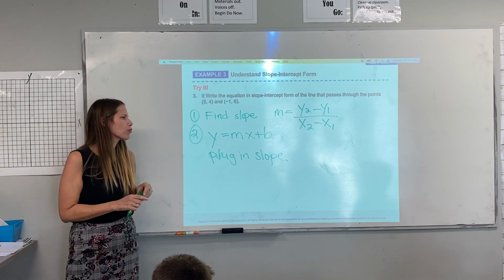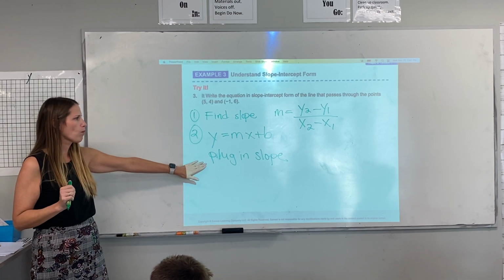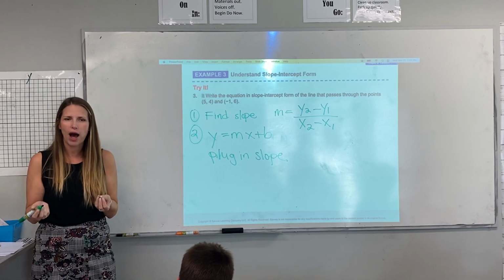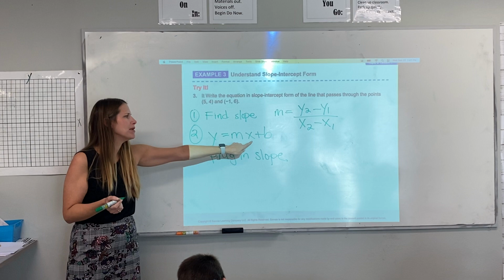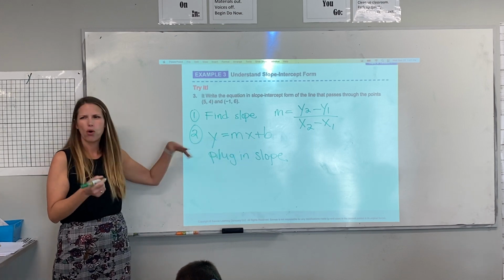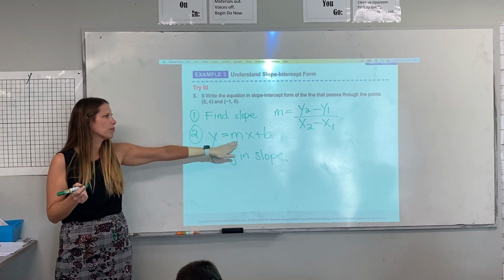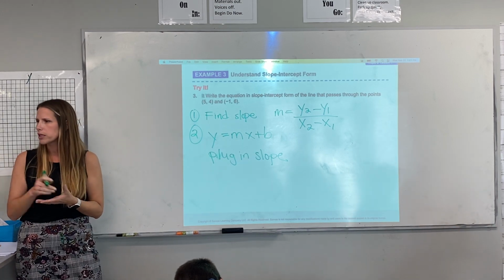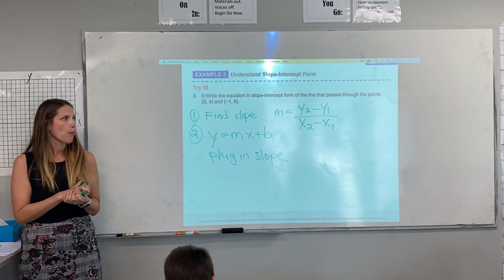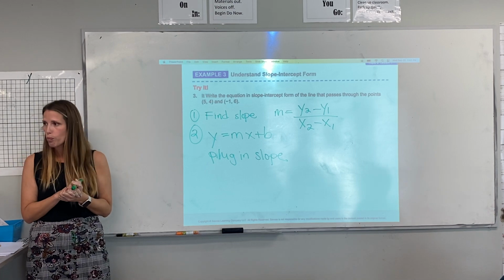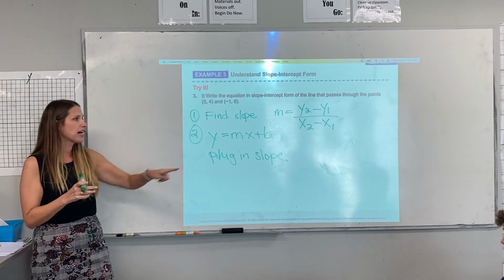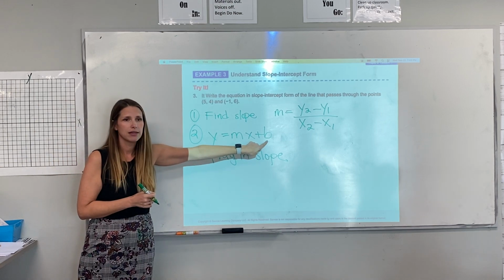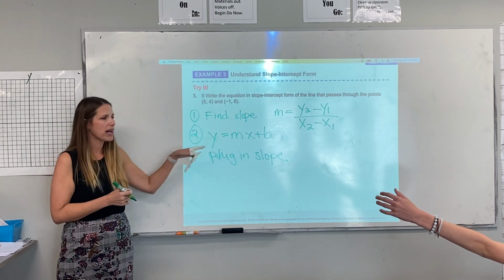Okay. So we're gonna plug in our slope, and then how do we find the y-intercept if we're still missing all of these variables? We can plug in our slope, but we need to solve for B, so we need something to fill in for x and y. What do we use for that? You use the slope formula, and you add up and you subtract it, and that's your fraction. That's your slope. Yeah. But if we need to find B, and we still have x and y as variables,